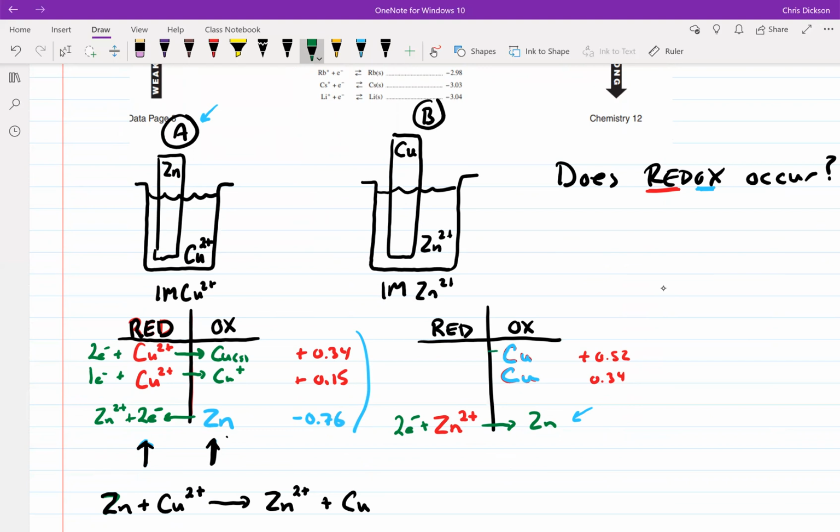This copper here would give us Cu+ and 1 electron. And then the copper metal here gives us Cu2+ and 2 electrons. Now, whichever one did happen, it still would not make sense that it happens because the chemicals you